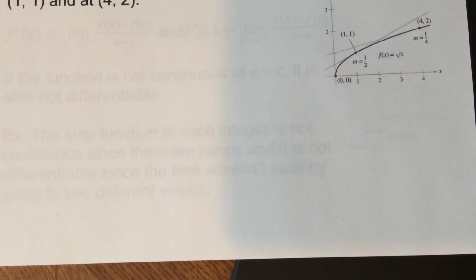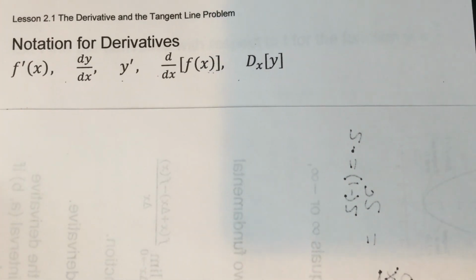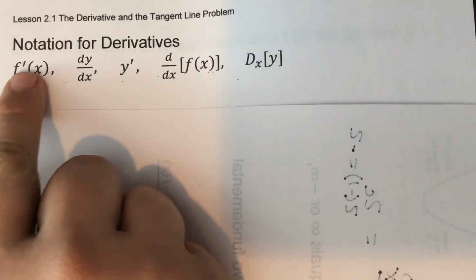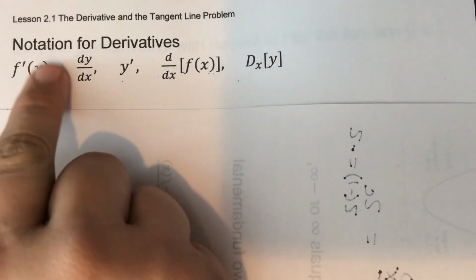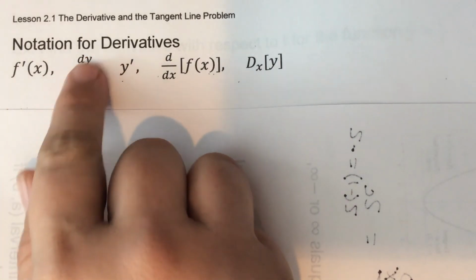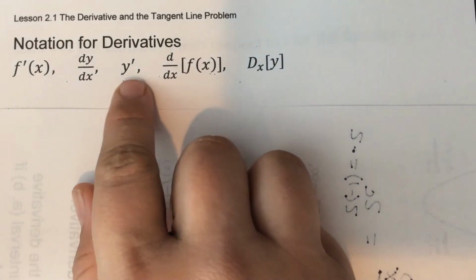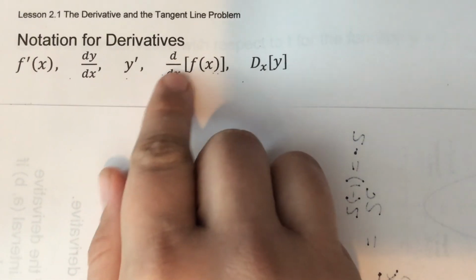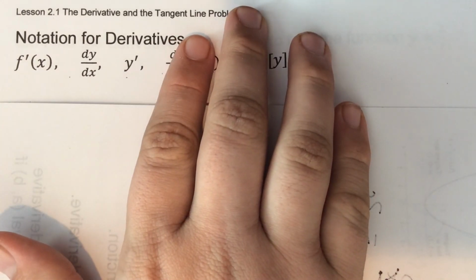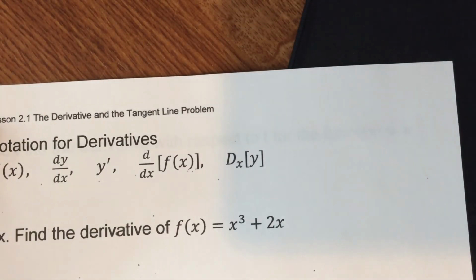So let's do another one here. Before we do that though, we have our different notation for derivatives, so how we write derivatives. More times than not, you're going to see it like this. And this is f prime of x. This apostrophe means prime. So that means this is the first derivative. You might also see it as dy over dx, which we'll get into more in another chapter. If we're dealing with y's, you may see y prime. You may also see d over dx or dx dy. We really don't do those. It should be one of these first three, more so f prime of x sort of a thing. But if we do this one here,